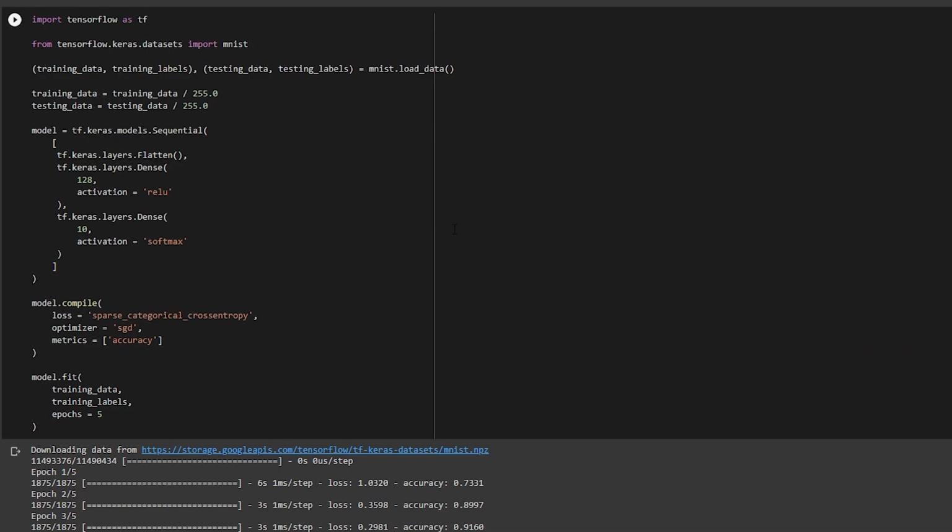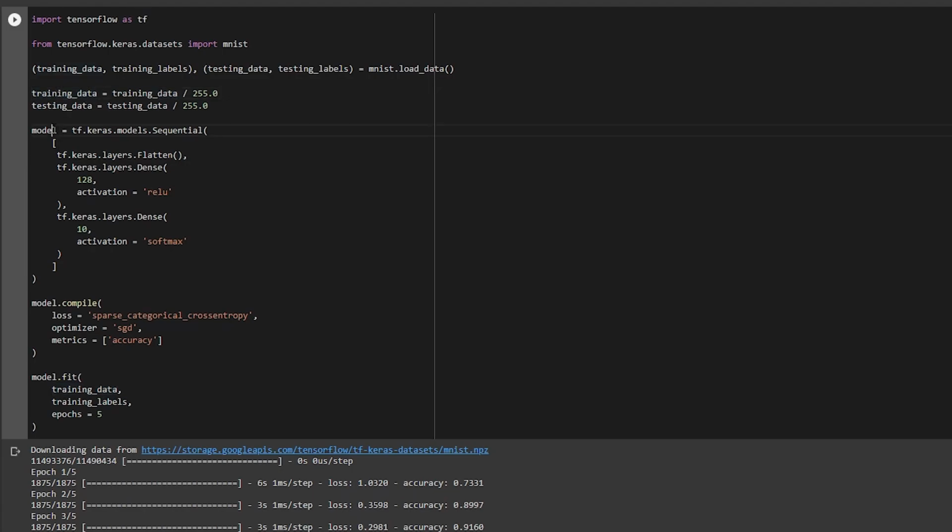This is the model that we had created in the last video, so let us move line by line so that it will be a revision for you. I am importing TensorFlow. After that, I am using the dataset that is already pre-installed with TensorFlow. And after that, I'm splitting it into training and testing, where training data holds the values of all of the digits that we have, and training labels consist of the particular corresponding number. So I just load the data by using this method. After that, I am dividing it by 255 because those are the pixel values, and it is very easy for the neural network to compute when the values are very small.